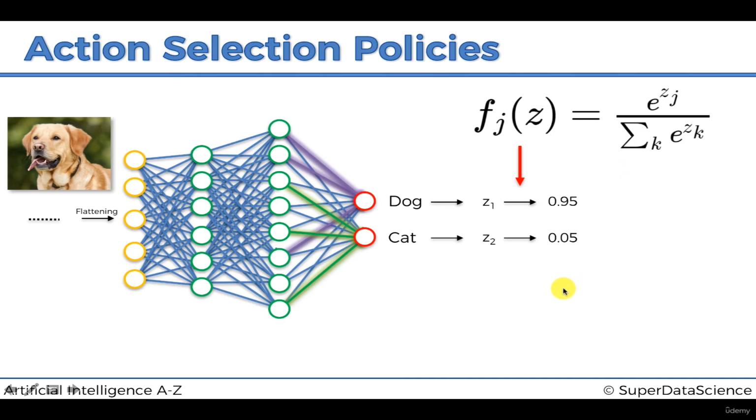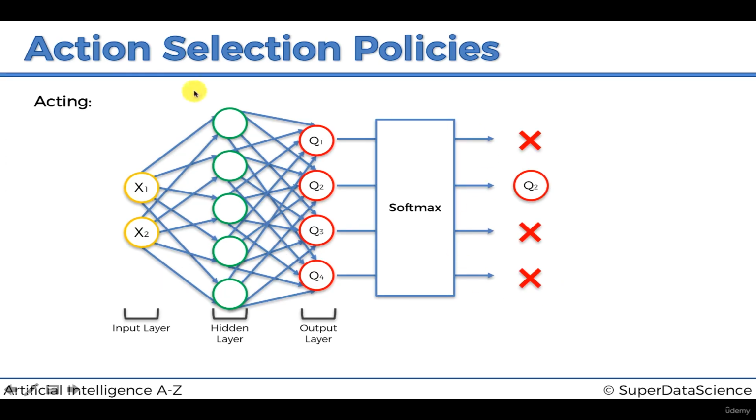That's very beneficial for us because when we're using the softmax function, we get these Q values. We select the best Q value, but in reality these Q values that we get are actual numbers, just some kind of numbers. They don't have to add up to 1, and they don't have to be between 0 and 1. But when we apply softmax, we don't just select the best one. We get numbers in the range between 0 and 1 that also add up to 1. And what other thing do we know that adds up to 1? Probabilities. We know that probabilities always have to add up to 1.